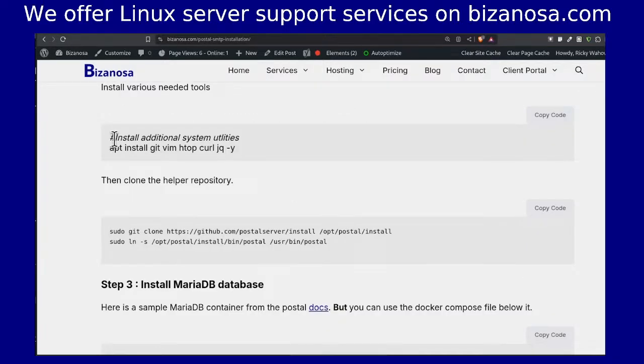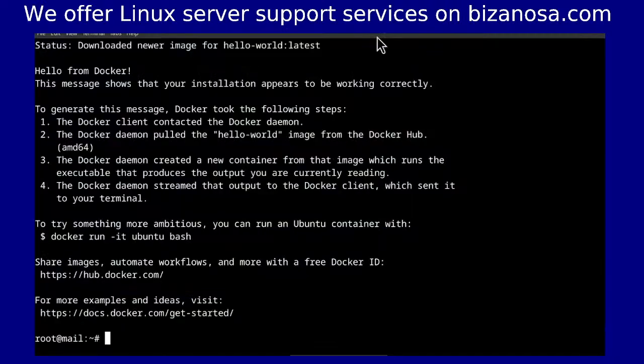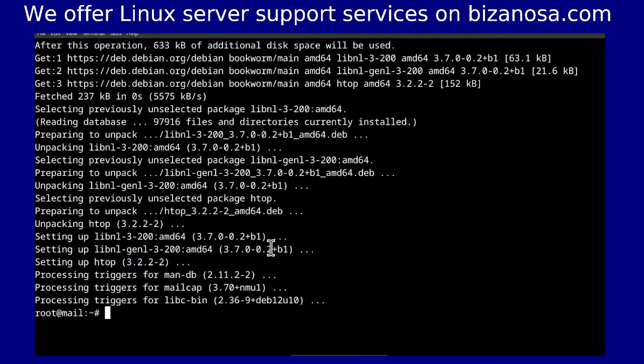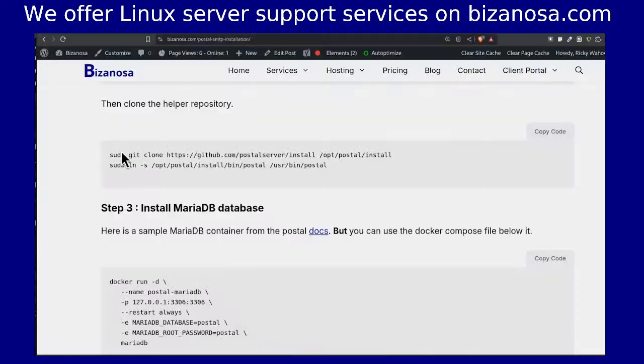First, let's install these prerequisites. Some of these are probably already installed, but let me just install them. Enter. And the next step is we want to clone the repository. You can go to the Postal GitHub repository to look at it, but you're going to clone it, and then